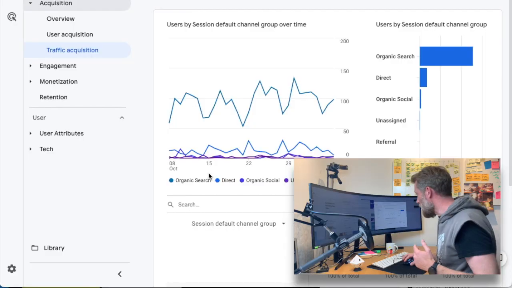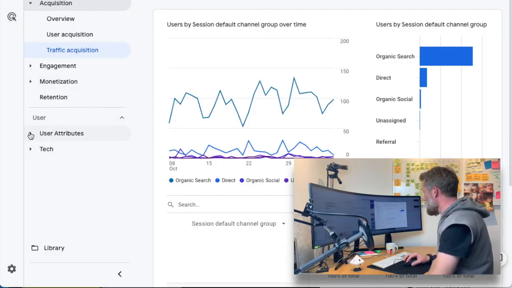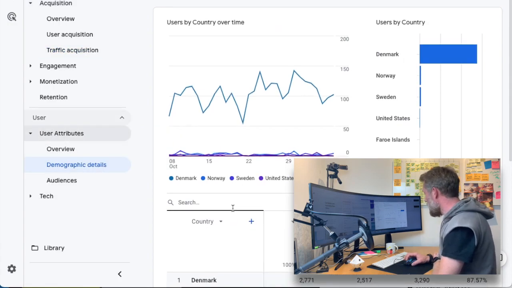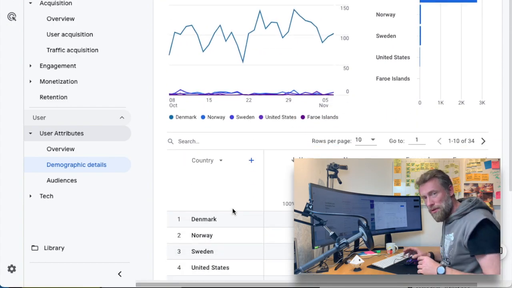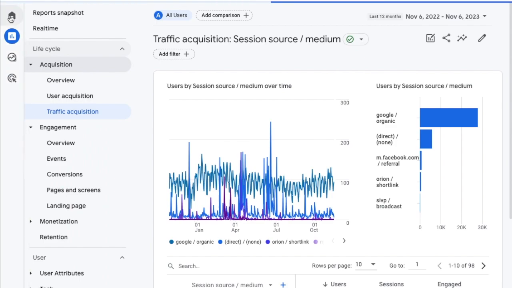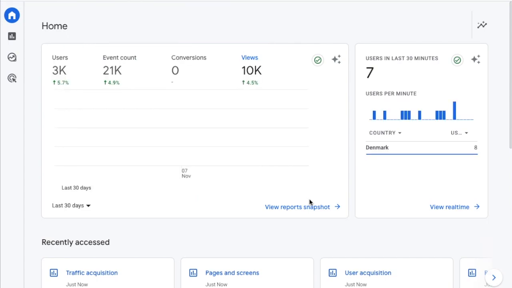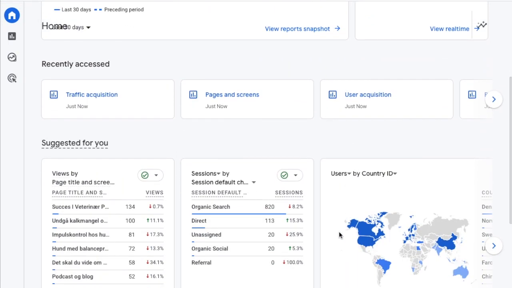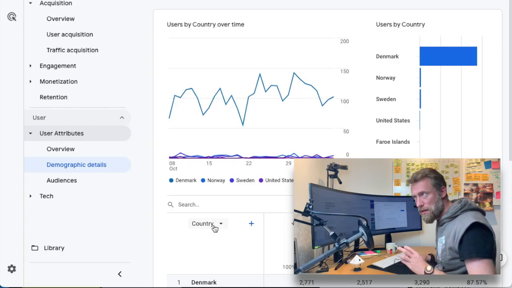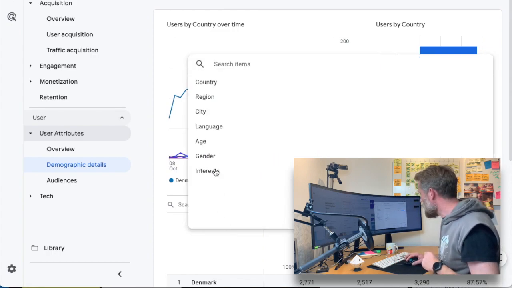We of course also want to know where users are coming from in the world. So we go down here to users and demographic details. And then we have the countries listed here. If you want the map, we actually go all the way back home and to the beginning, to the front page. And here they are here. When I'm running partnerships, usually I need to tell them what age group and genders are visiting my site, and you can also find that here.